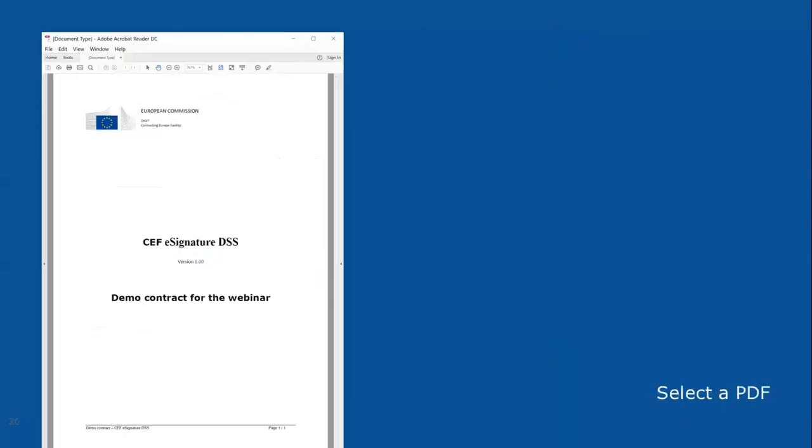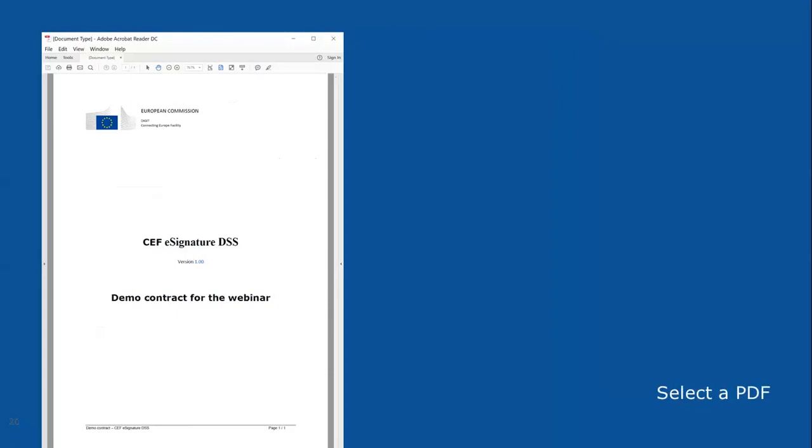So this is a fake demo contract we have done just for the sake of the demo. Suppose you want to sign something completely electronically, and that you want this signature to have the same legal effect as a handwritten signature. So we will use a qualified certificate based on the smart card, meaning that with that we will be able to do what we call a qualified electronic signature, completely equivalent with a handwritten one.